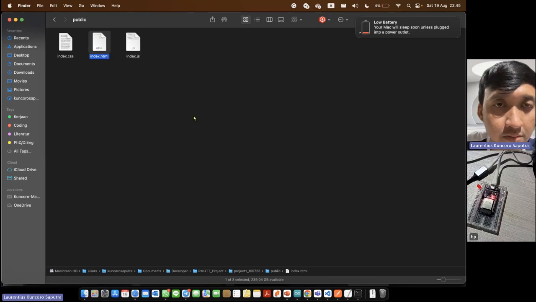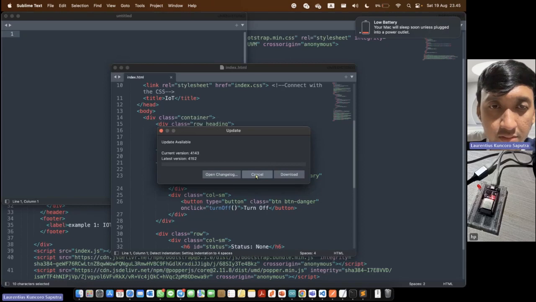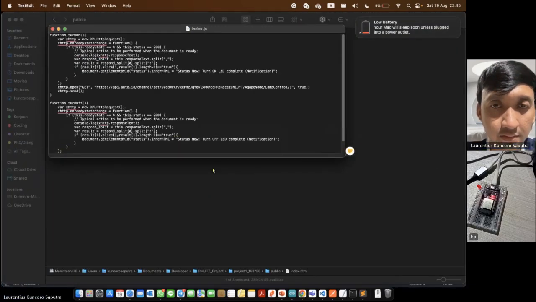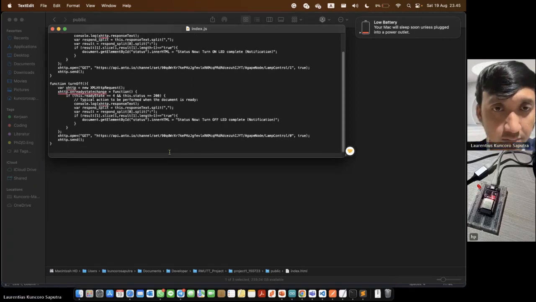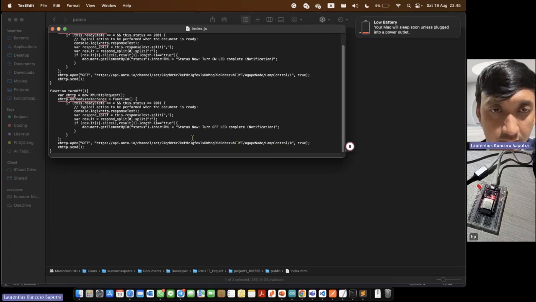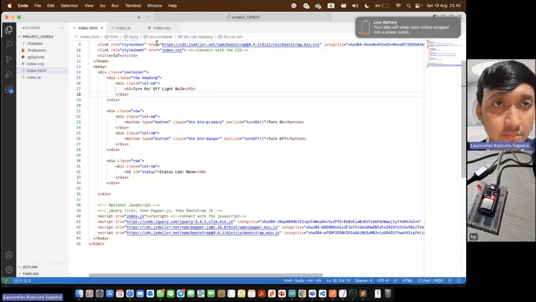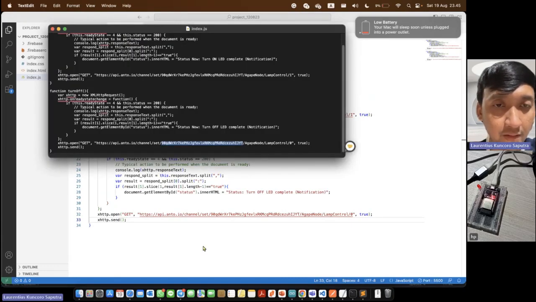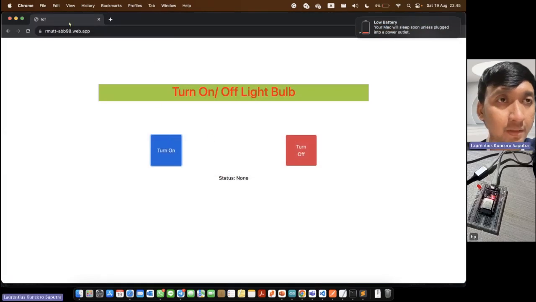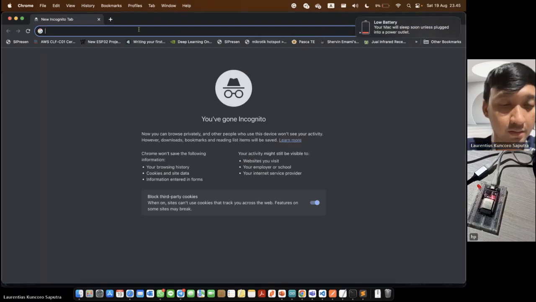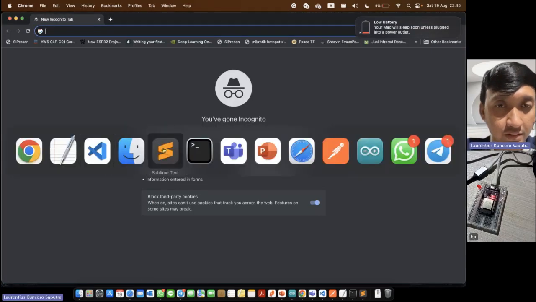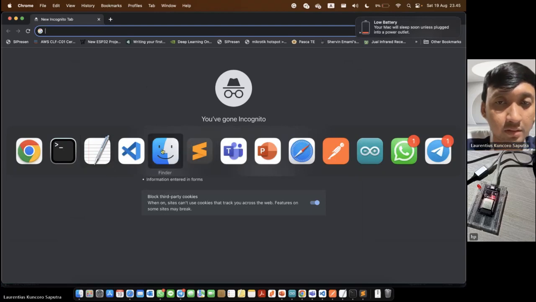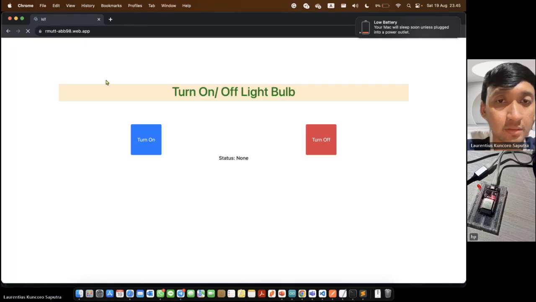Index.html, say, this is already true. Index, okay. RMUTT. Okay, this